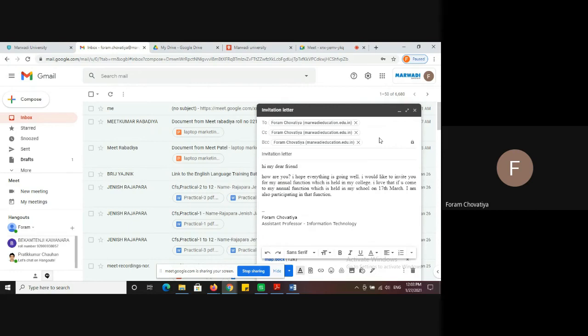In the To field, for example, we write multiple mail IDs, say A, B, and C, as the recipients. Then in the CC field we write only D's mail ID. So what is the meaning of CC? CC can see which receivers the sender sent the mail to.